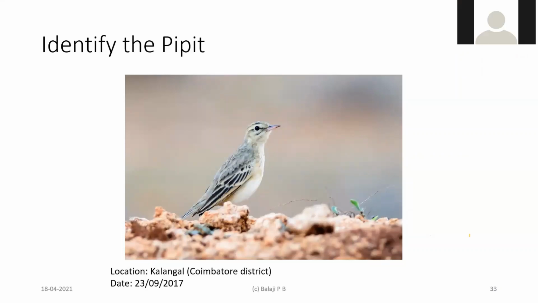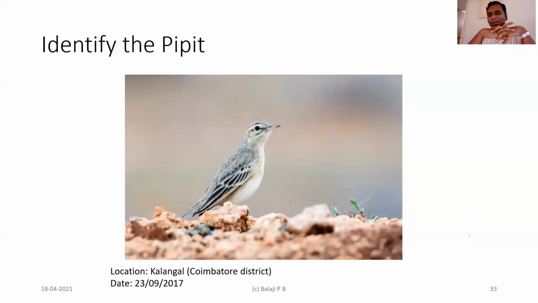Is it Blyth's? I would guess this is a paddy field pipit on the basis that the bill is looking dual toned. And the centers of the median coverts look triangular rather than square. Okay. It looks square to me, actually. I was thinking of Blyth's because of that. But Blyth's has very pale lores. I would guess it is a tawny pipit, sir. It is a tawny pipit.